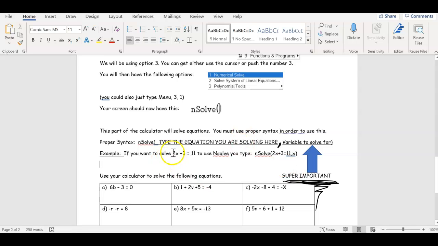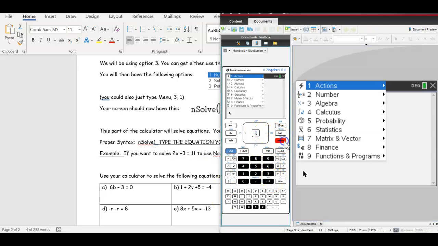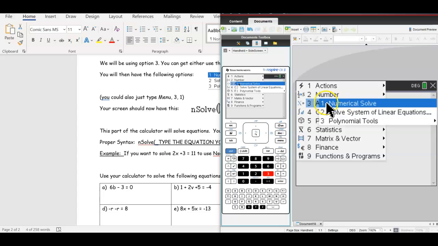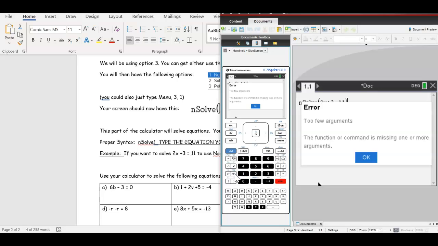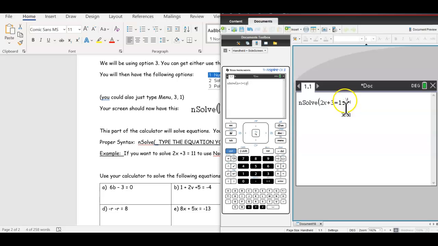So here's an example. If I want to solve 2x plus 3 equals 11, I'm going to do menu, 3 for algebra, 1 for numerical solve, and I'm going to type in 2x plus 3 equals 11. Now watch, if I just hit enter, I get an error. You cannot just type it in, okay? So after you type in the equation, you have to put comma, and the comma is right at the bottom left, comma, and then I'm typing x,